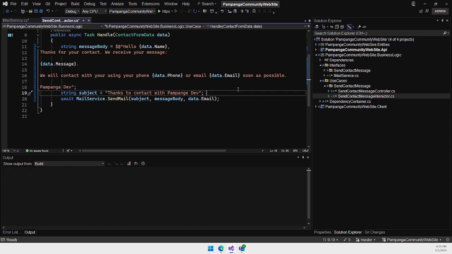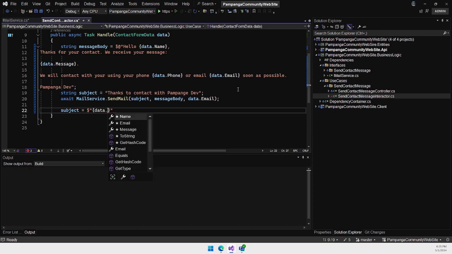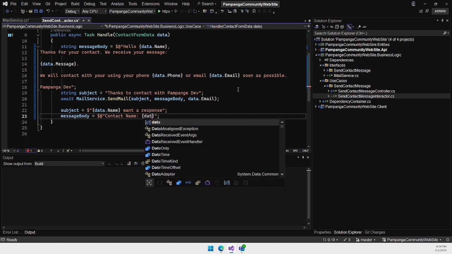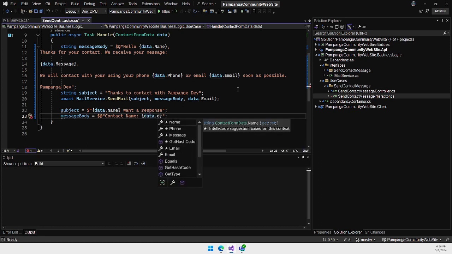Then we get the subject, and we put the name of the user, data.name, wants a response, and my message body equals: here we're going to put contact name is data.name,